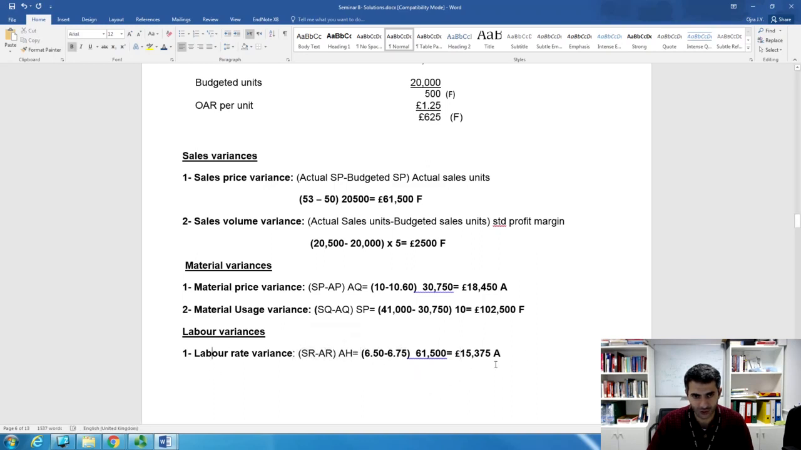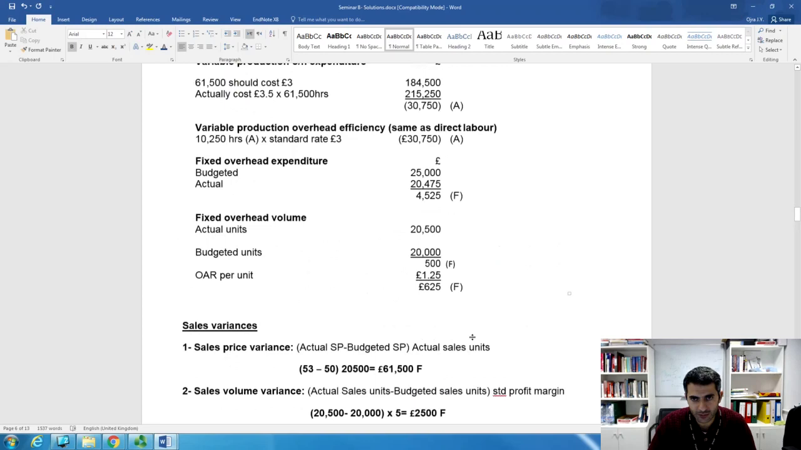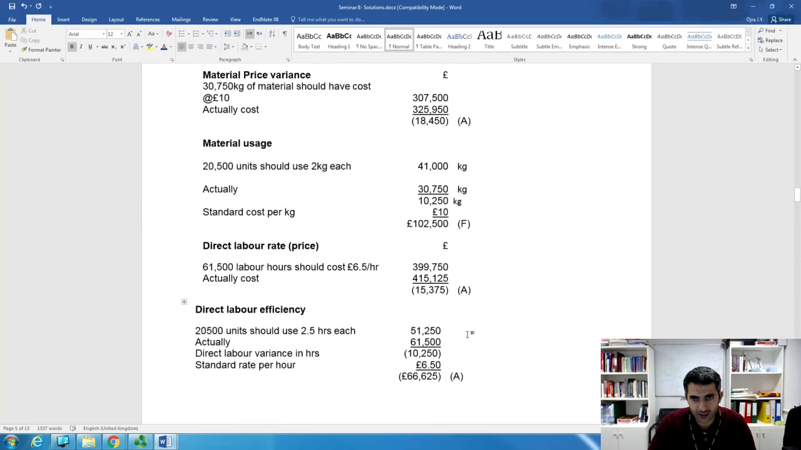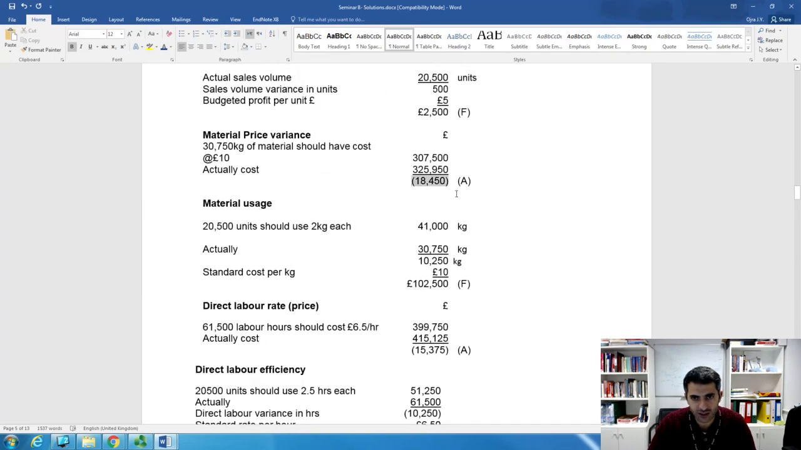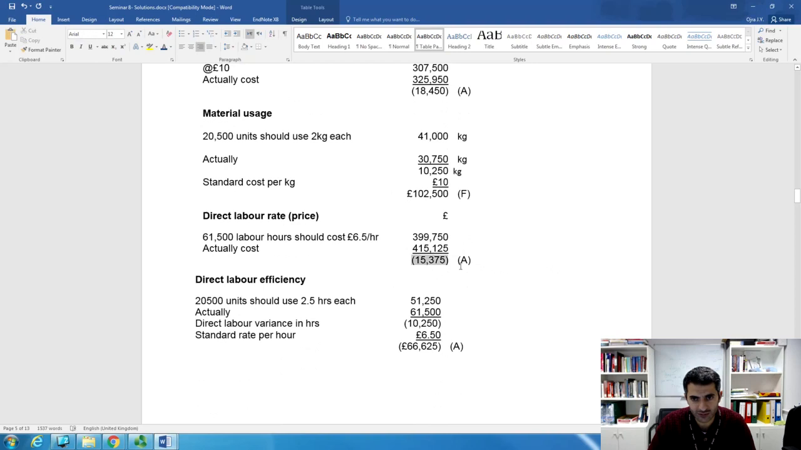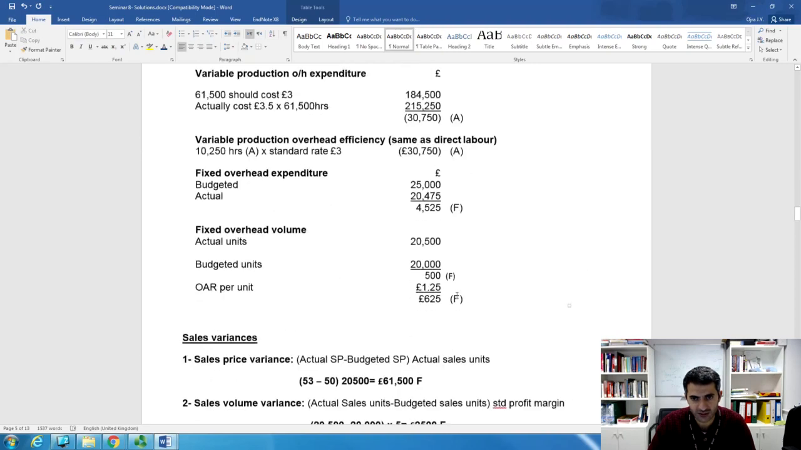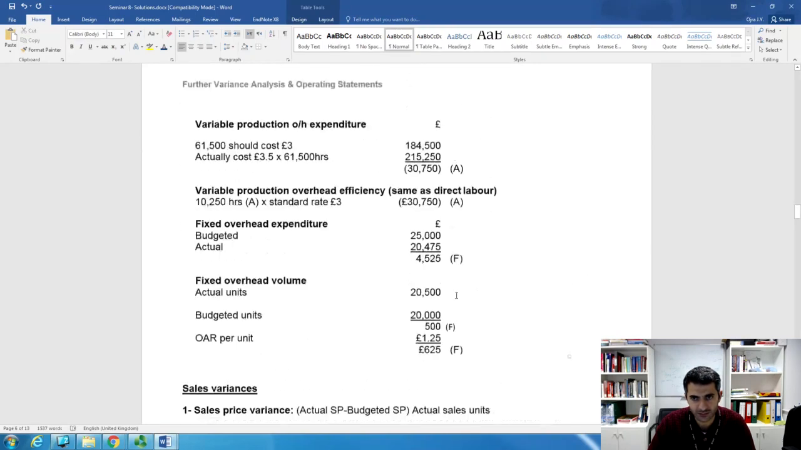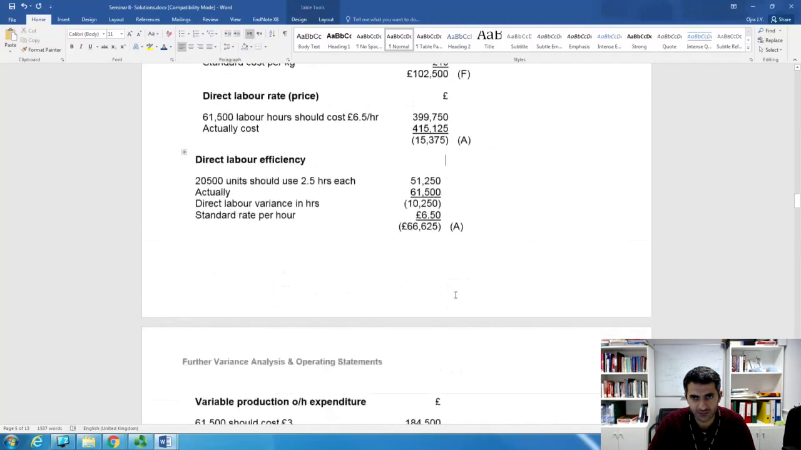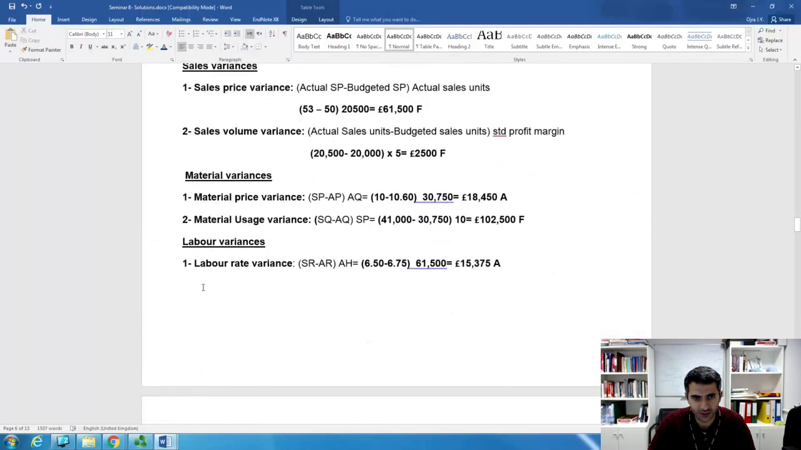Okay, good. So let's find out. Let's go back. For material, we check this 18,450 material price and 102,500 material usage. That's right. For labor rate, 15,375. That's right. Sounds perfect so far, isn't it? Okay, so now the second one is labor